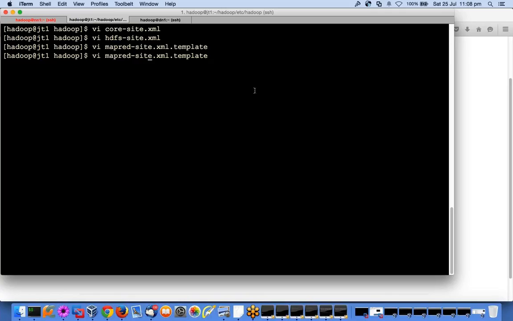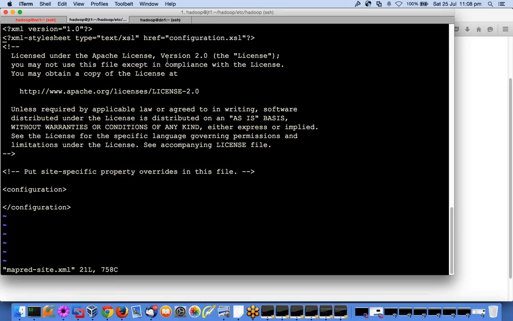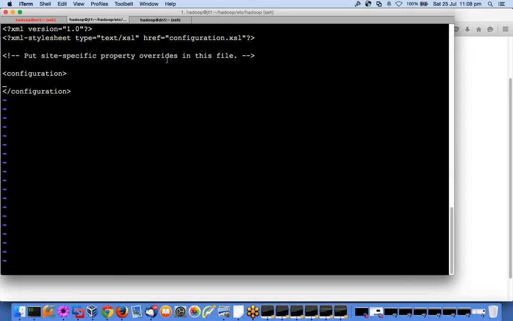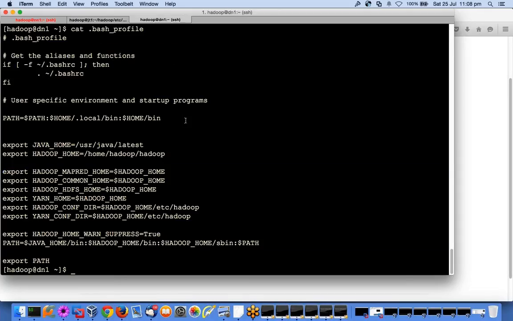So what I will do, I will do a cp here, and I will copy this file to a file called mapred-site.xml, right? Same thing what we had in Hadoop 1, but what will differ now? What goes here? So what I will put here, instead of simply saying cat Hadoop 1.2.1 config